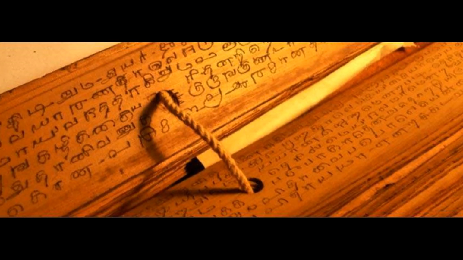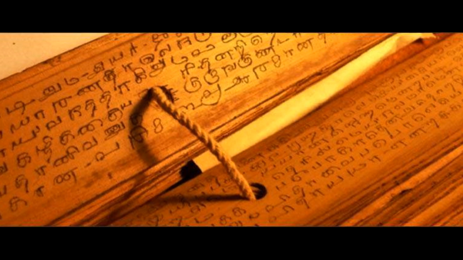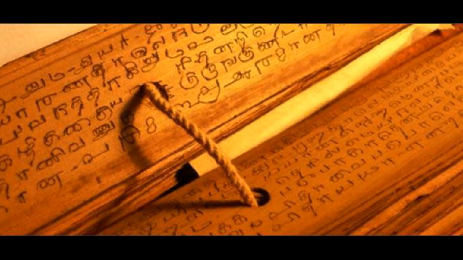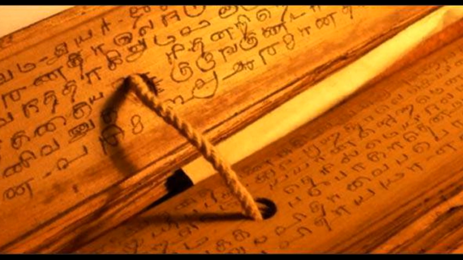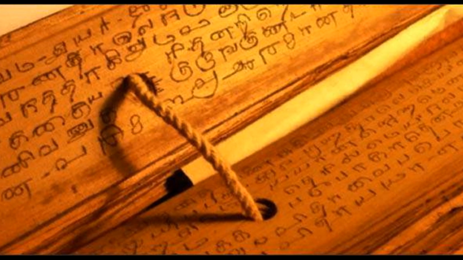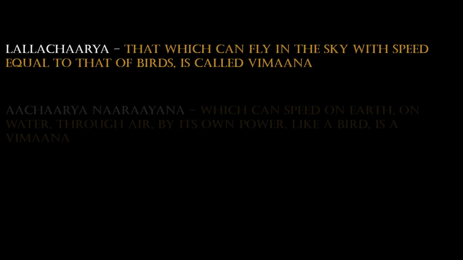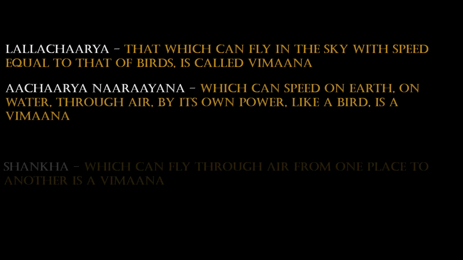Vymaanika Shastra consists of nearly 6,000 lines or 3,000 verses of lucid Sanskrit dealing with the construction of Vimanas or aeroplanes. Definitions from scholars which describe the Viman are